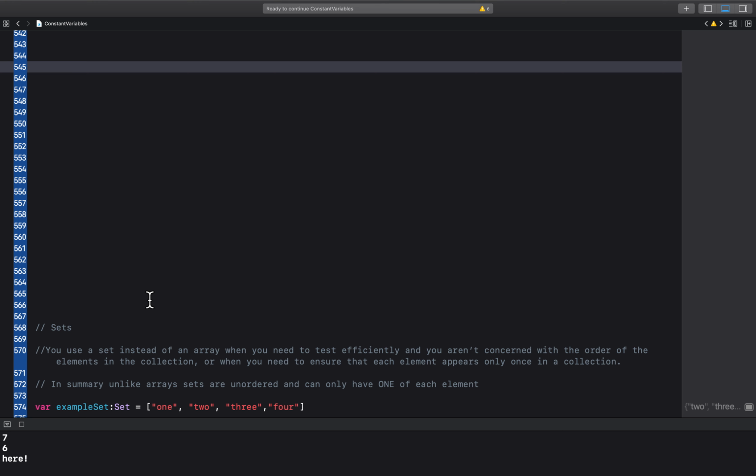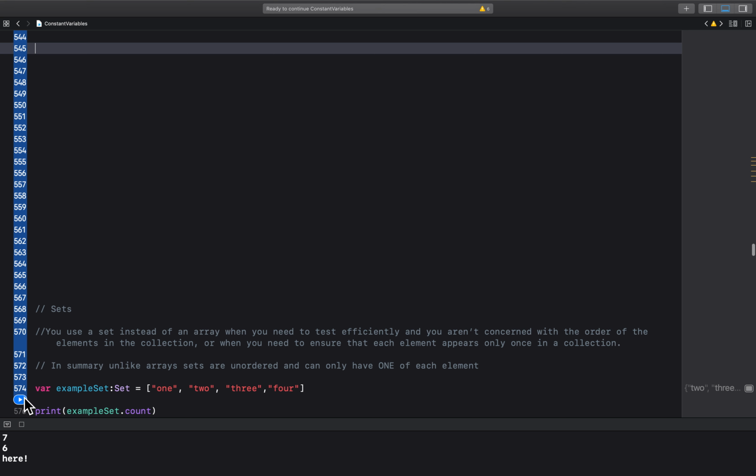You would use a set instead of an array if you wanted to test your list efficiently and you're not so concerned with the order of elements in the collection. Sets only allow one of each element in a collection. With an array you can have duplicates and it's an ordered collection, whereas sets don't allow duplicates and are unordered. For example, I've created this set here, example set 1, 2, 3, 4, which is a